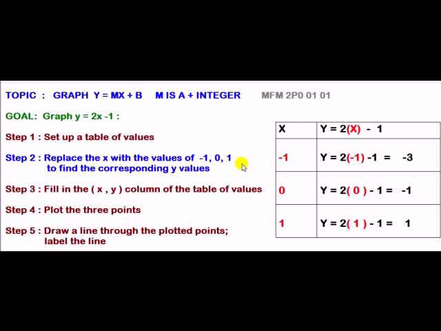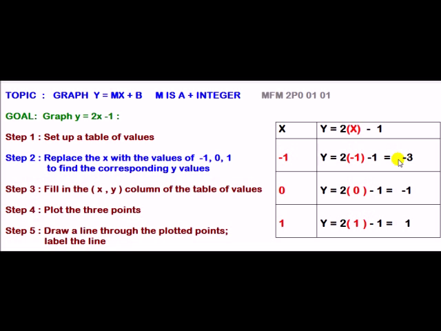Step 2, replace the x with the values of -1, 0, and 1 to find the corresponding y values. In this case, we have used red bold-faced -1, 0, and 1 and a red parentheses x to show you clearly how x is going to be replaced by the values of -1, 0, and 1 to provide us with